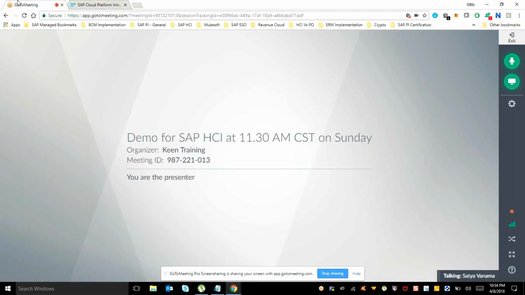But to get a trial, you need an S user ID, right? What if we don't have an S user ID? Let me find out from our end also. If there are any possibilities, we will try to share it, but we won't promise.